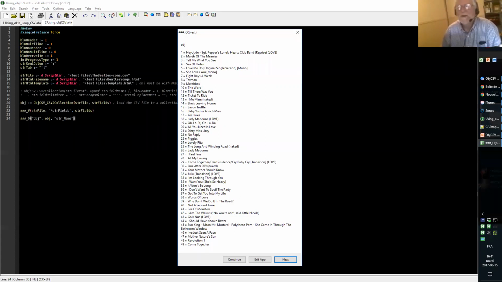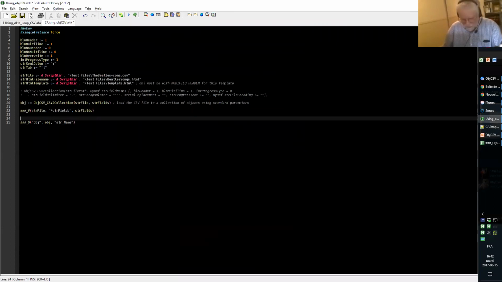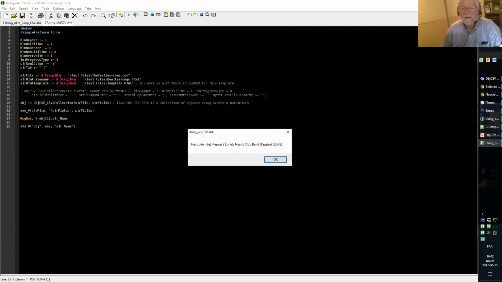Yeah. No. So we have here the 40 lines that are inside this library. In fact, there are 50 lines. The first one is the header. And here we have an object. I could put it more straight using MSG message box and say, let's take a look at the object, from object number 1, the first one in the array, and the field name str name. So here we have this message box showing object 1 and the string itself.